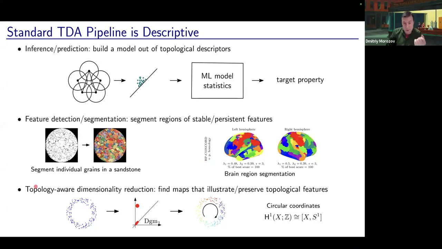There are other uses. For example, when you find these features, you can use them for dimensionality reduction, meaning you can find maps from your data to simpler spaces. So, for example, the circle in this case. But that's also, again, you're not changing anything about your data. You're just describing some kind of behavior. And maybe just to make this a little bit more concrete, I'll give one vignette of this part of the pipeline from our work,